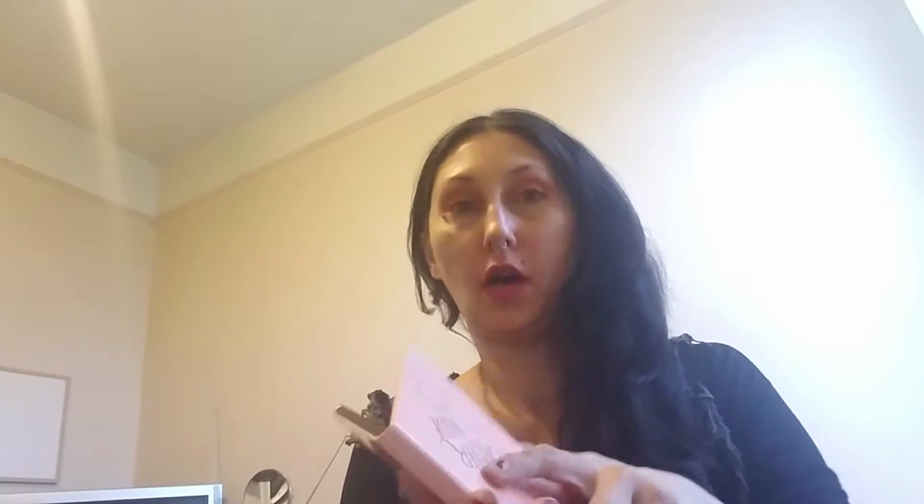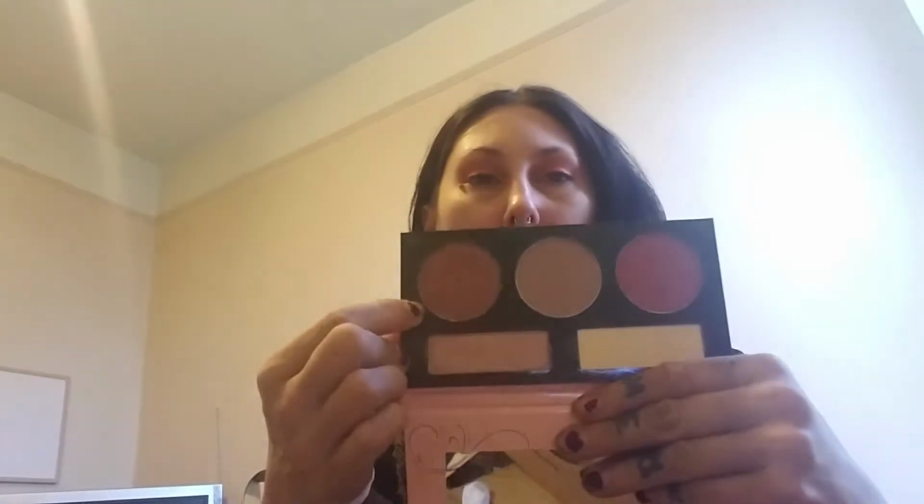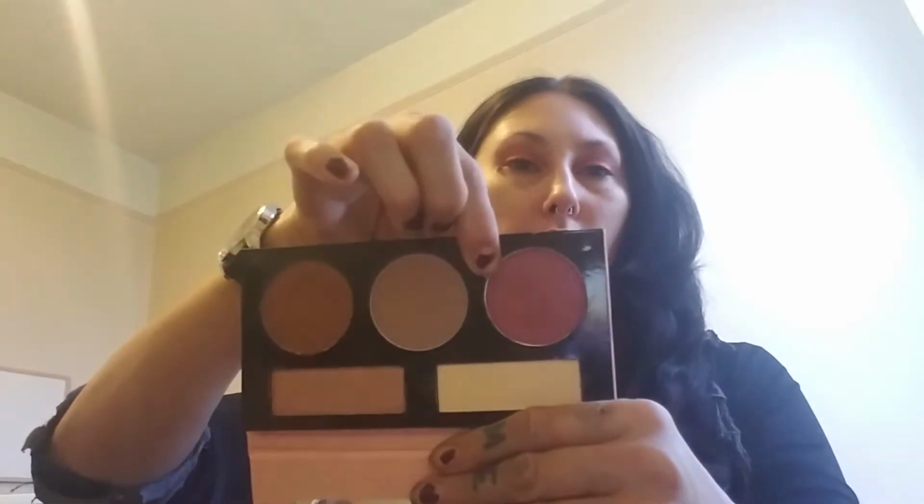Okay, the next thing that I got was the Forever Nude Sculpt and Glow Contour Highlight and Blush Palette. I got the medium deep and the light medium. I got the medium deep one for summer, because I get very dark in the summer if I tan, so I can actually get away with using this bronzer. And I can use this blush as an eyeshadow when it's not summertime, but I got it specifically for this contour because the contour is a very cool toned contour, and that's what